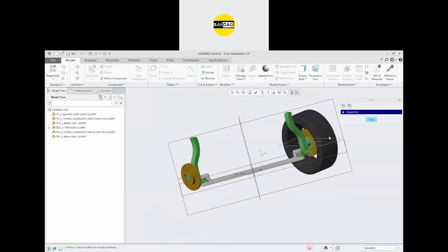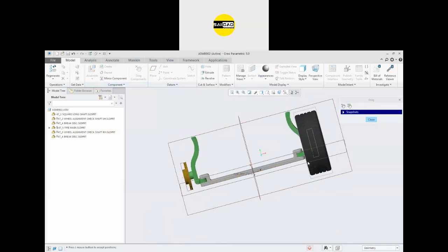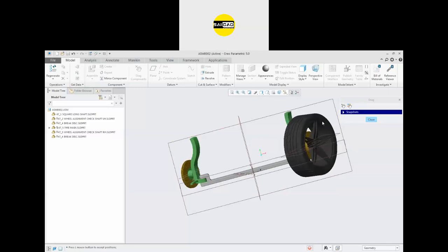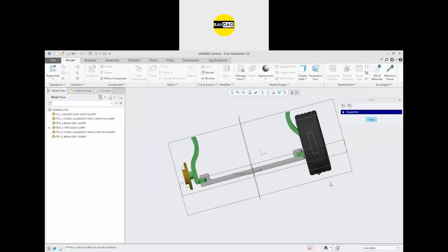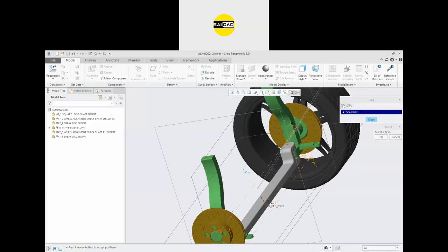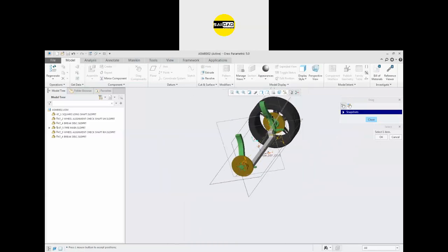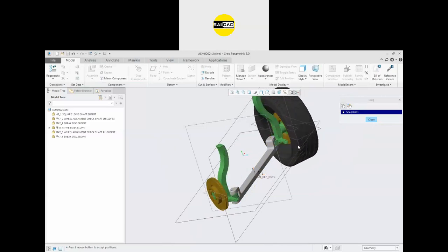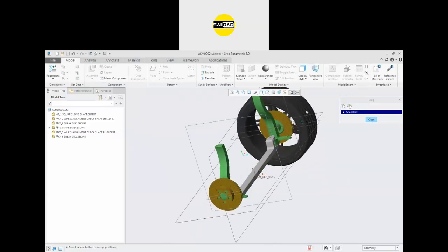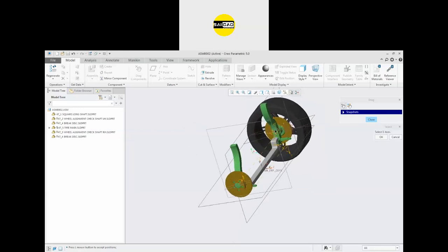We are not able to do that. Okay, you can see that it can be rotated. I think it is happening because we have not applied the, because we have a rotation here also. That's why we are getting the problem. But if you rotate, you can see both the components can rotate with respect to each other. So the general will work, but due to the rotation in this component, we were not able to see the rotation in these two components.